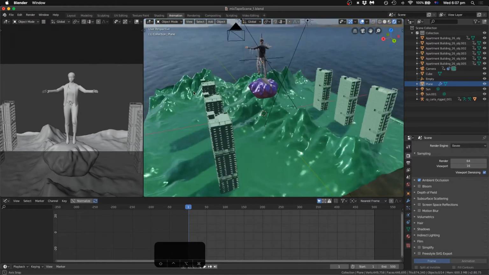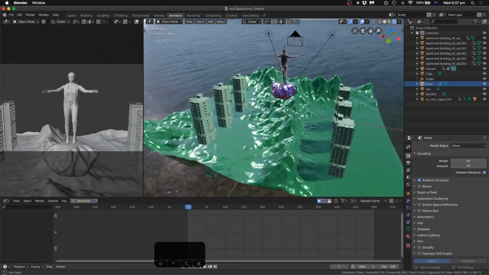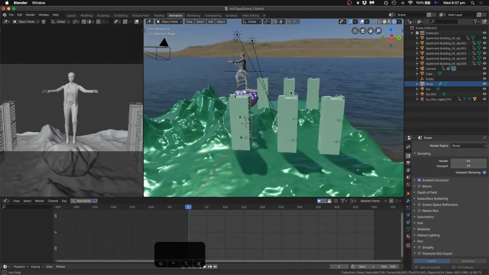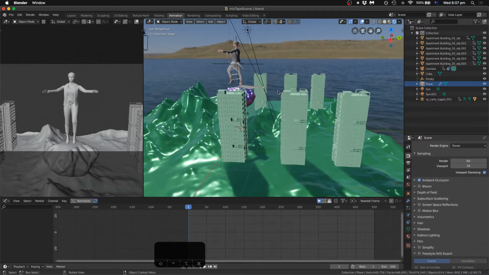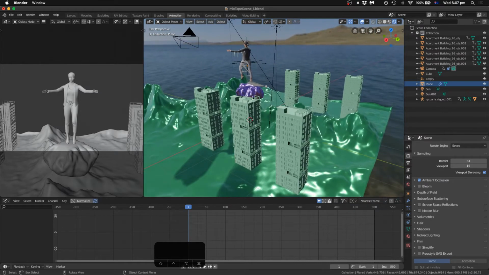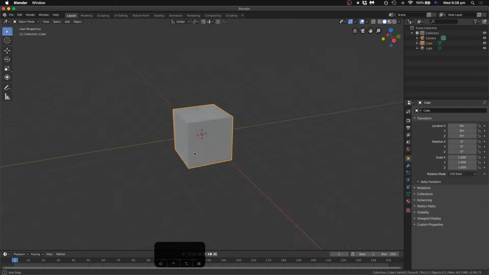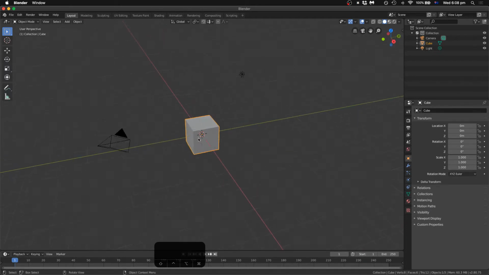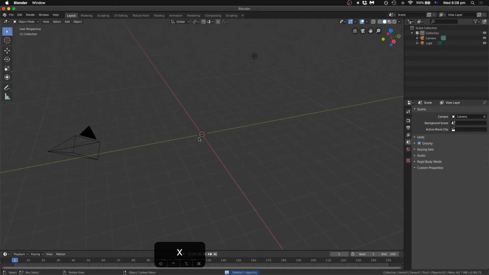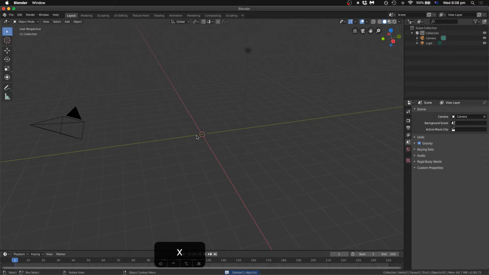This is the scene here, and basically I'll make it from scratch and show you where I got all the objects and how it all works. Okay, so I'll just start a new scene by hitting Command N and go to General. I'll keep those changes. And okay, so here we are back at the beginning. First thing I'll do is I'll delete the default cube,